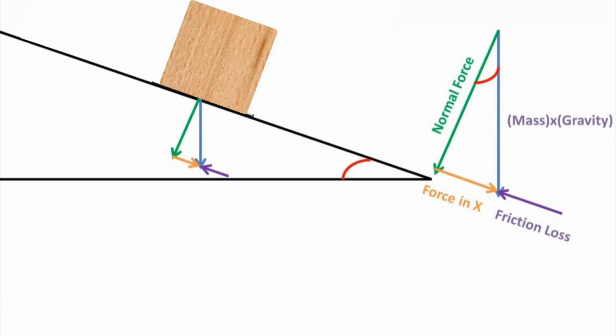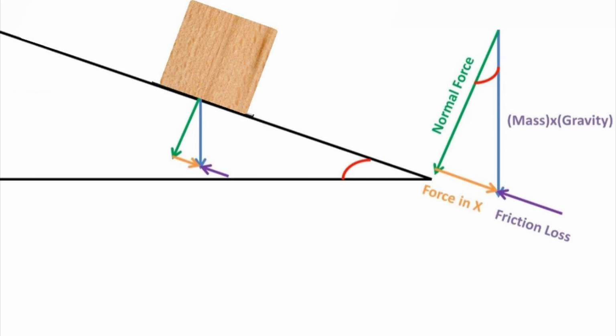The forces of an inclined plane are the mass times the gravity, which goes straight down. Secondly, we have the normal force, which goes perpendicular to the surface of the inclined plane. The angle between these two other forces is the angle of the incline, which we will be focusing on. The force making the object move will be called the force in x direction, which makes a 90-degree angle with